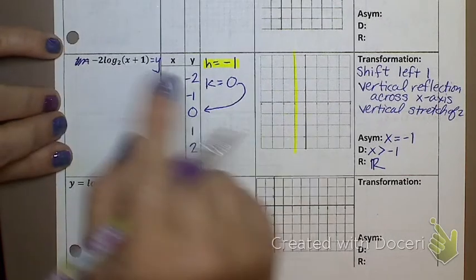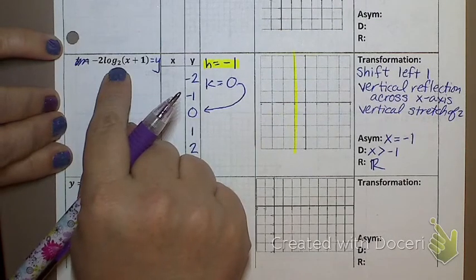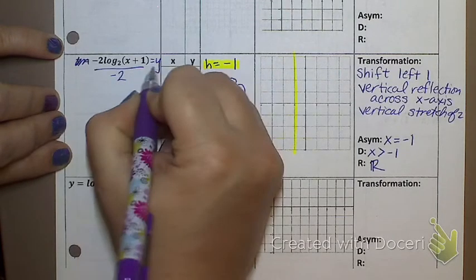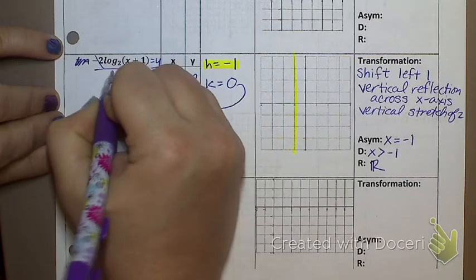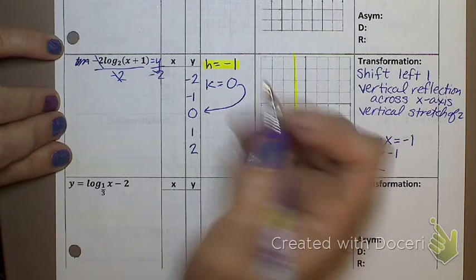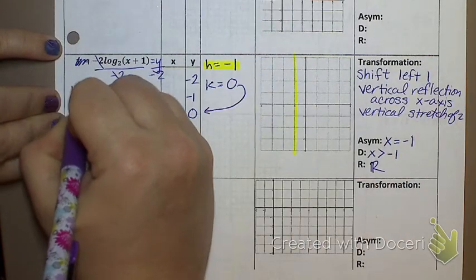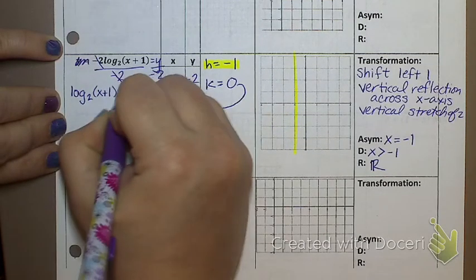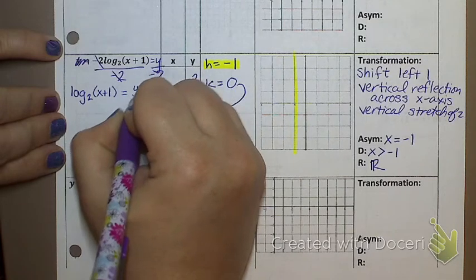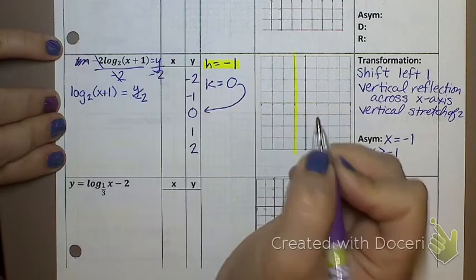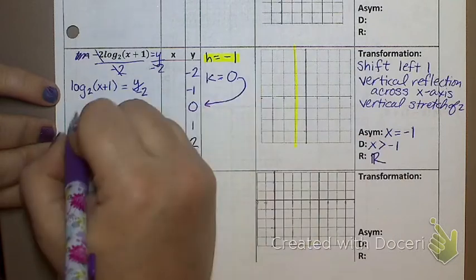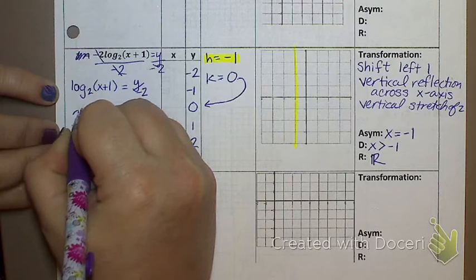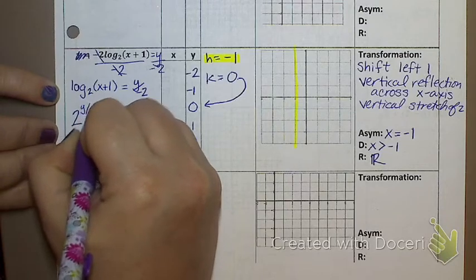So what do I need to do to get my log by itself? Divide by -2, or how else could I do that? Multiply by -1/2, because that's the reciprocal. So I have log base 2 of x plus 1 equals y over -2. Now I'm ready to go to exponential form. What's my base? To the what power? 2 to the y over -2 equals